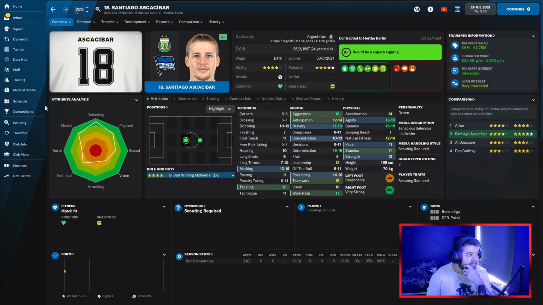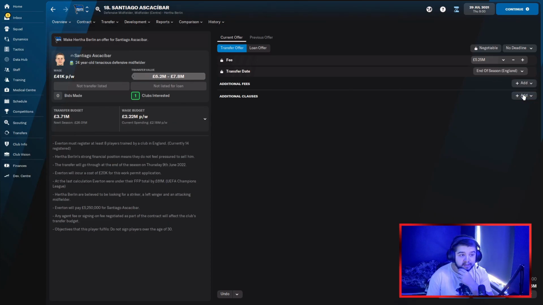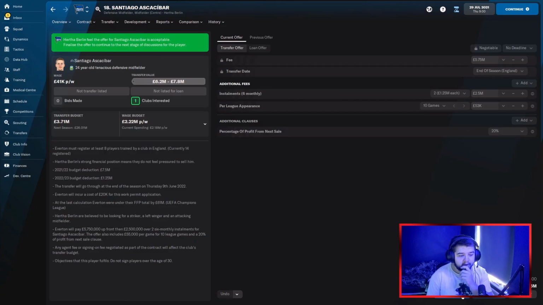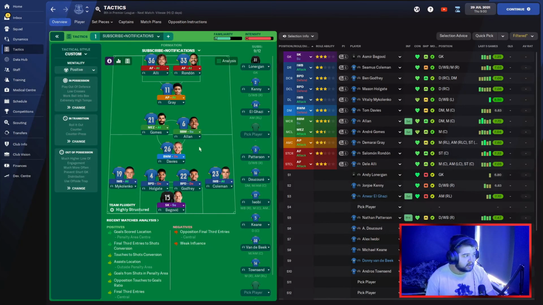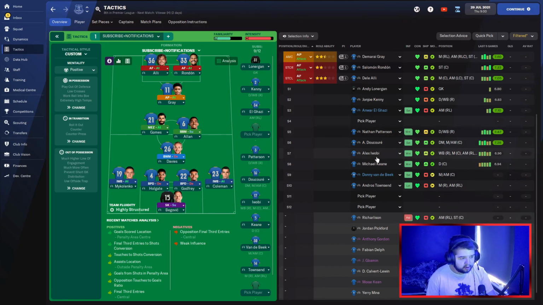But the board, I mean, if we can get offers in for players we don't... Right, what I'm going to do is... Let's try and be... Can we... End of the season? Let's lower that down to like that. Okay. Because end of the season, they're going to have to dig into their pockets if we can get him in. Hopefully, we can get rid of...